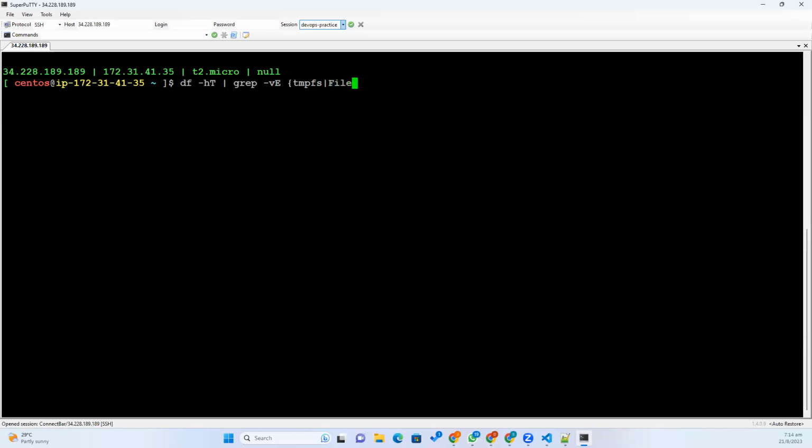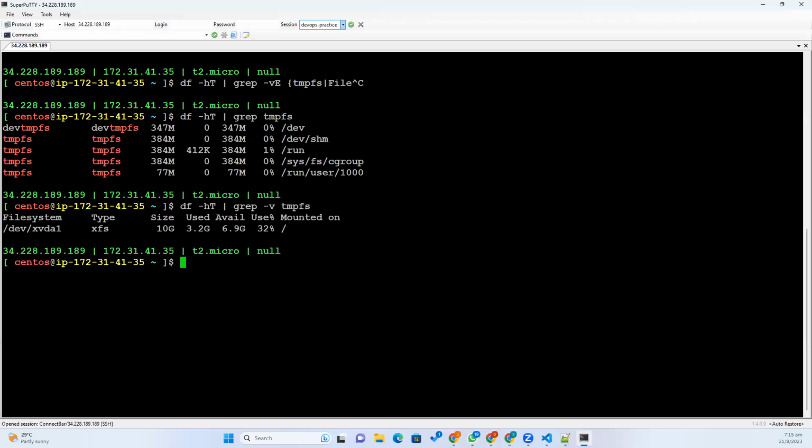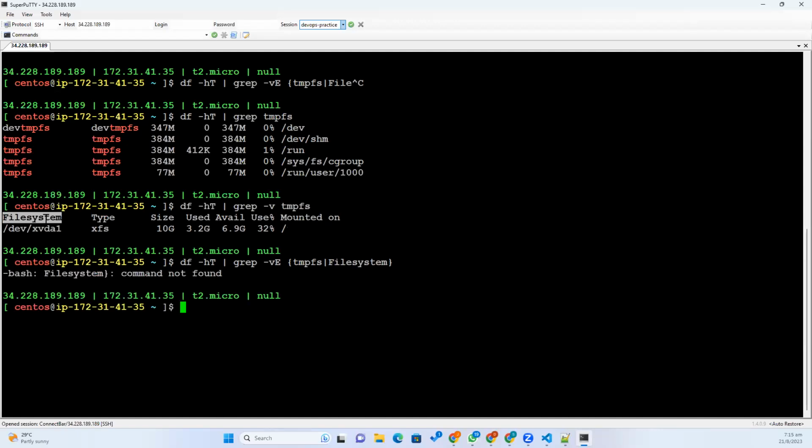Okay, Filesystem. Now, if you give this capital E option, you can have an OR condition. I don't want either TMPFS, and the pipe symbol means OR in programming, and this one. Now,